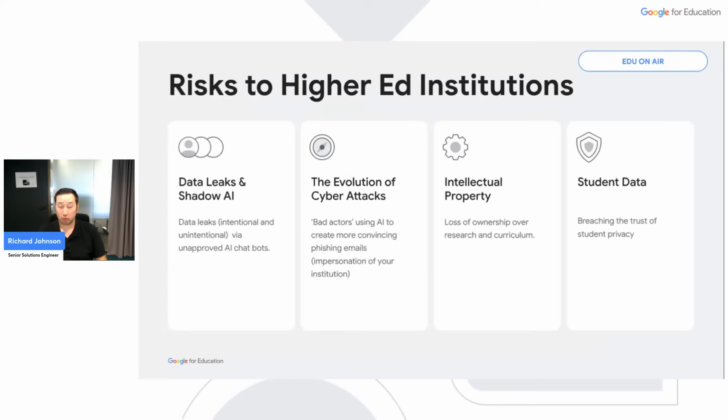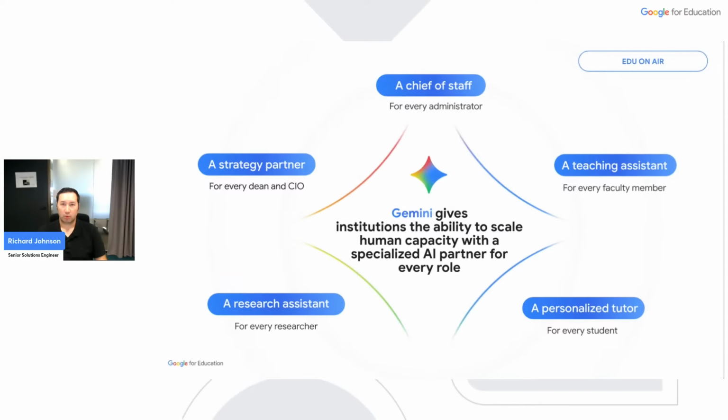So the question is, what is the solution? Well, let me introduce you to Gemini for Education. It's the AI solution for everyone in higher education, from chancellors to students. Gemini is your secure AI partner to help you learn and work. But here's a look at why it's the secure platform of choice. And I'll go through a lot of these security niches that you need to know about. Have a look at the screen and have a look where you fit in the role at your university or higher education facility.